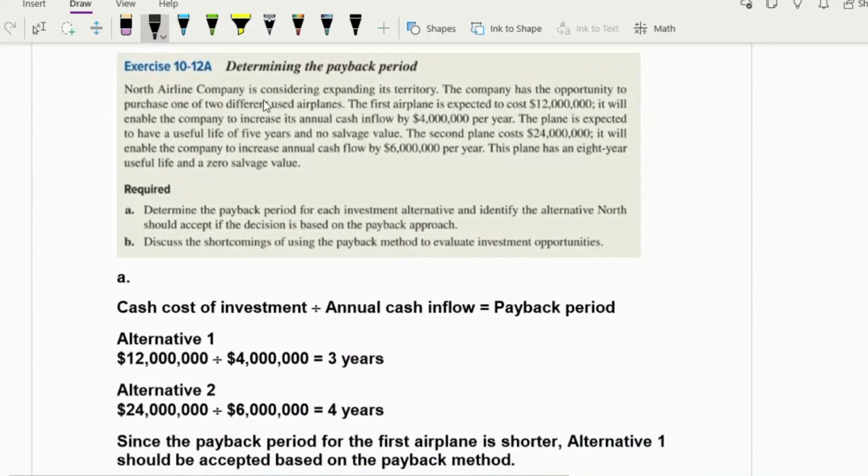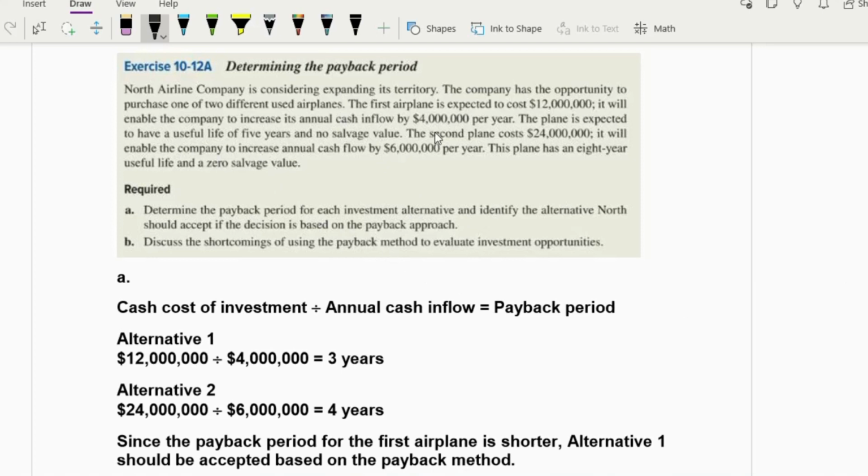Moving on towards the next topic, which is payback period. North Airline Company is considering expanding its territory. The company has an opportunity to purchase one of two different airplanes. The first airplane is expected to cost $12 million. It will enable the company to increase its annual cash inflow by $4 million per year. The plane is expected to have a useful life of 5 years and